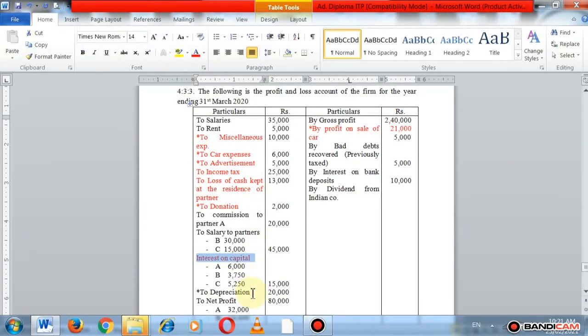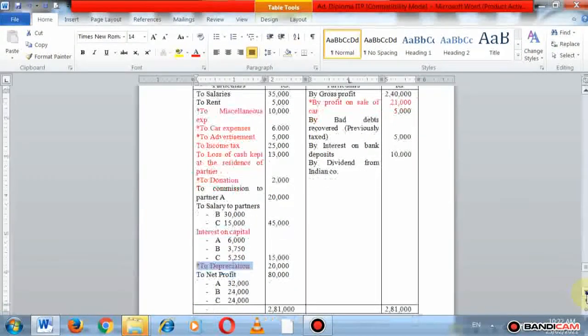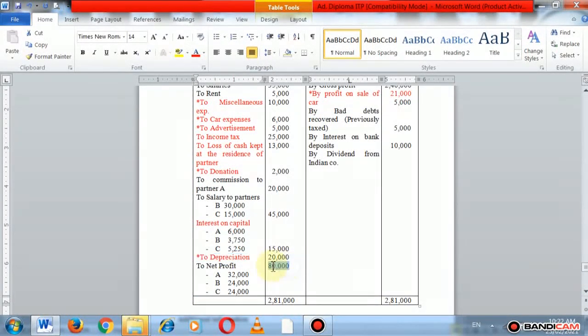And next one is depreciation. So adjustment on depreciation is also given, that is depreciation chargeable under Income Tax Act is rupees 15,000, but here the depreciation charged is rupees 20,000. It means excess depreciation is charged on the debit side of profit and loss account. So excess depreciation is disallowed expenditure. Then net profit. So here net profit is important. Net profit is rupees 80,000. Okay, net profit is rupees 80,000.